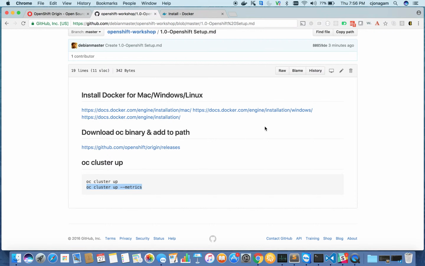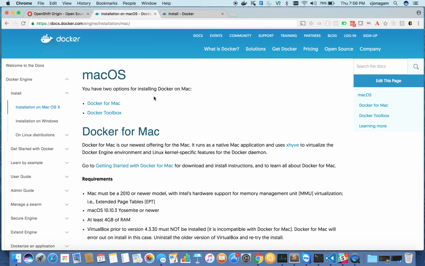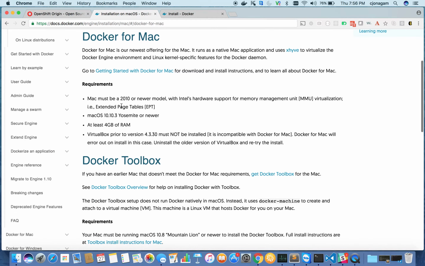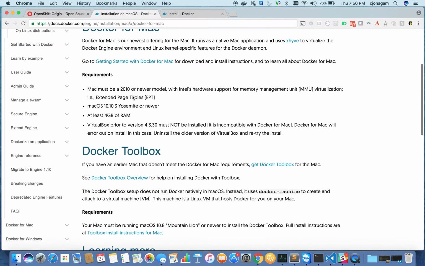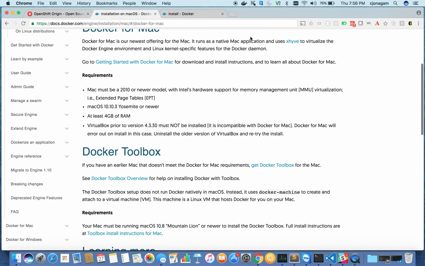Right, let's get started. I'm using Mac, so I'm gonna click on this Mac link, or you can just type in Google Docker for Mac. You should go to the Docker for Mac link here. Just click on this Docker for Mac and then download the binary and then install it. Once you install it, you should get the